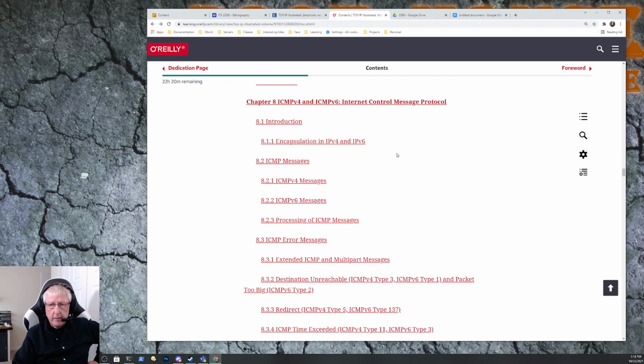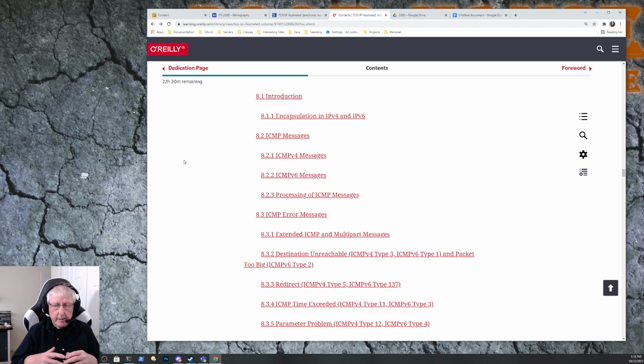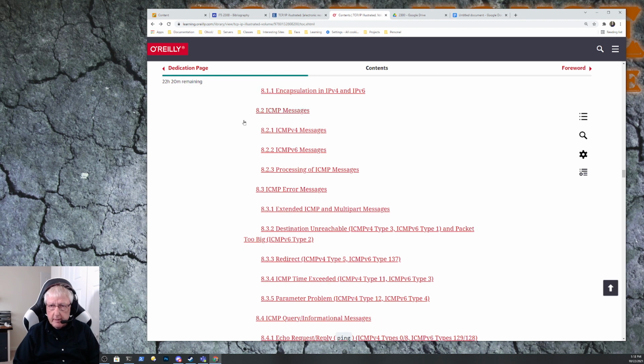Just a quick reminder of how ICMP travels in IPv4 and IPv6. It is its own protocol, so it's carried kind of like a transport protocol. And then you want to definitely look at the ICMPv4 and v6 messages. So again, I can't really scroll through the chapter because of copyright reasons, but I can obviously pull some excerpts. So in these two sections here, the ICMPv4 and ICMPv6 messages,